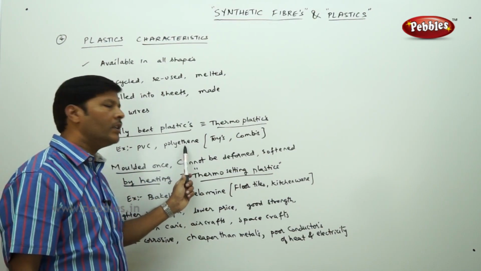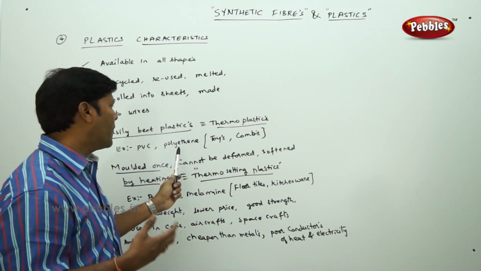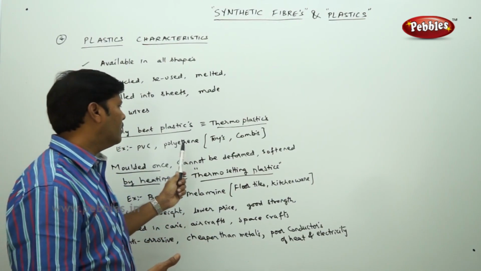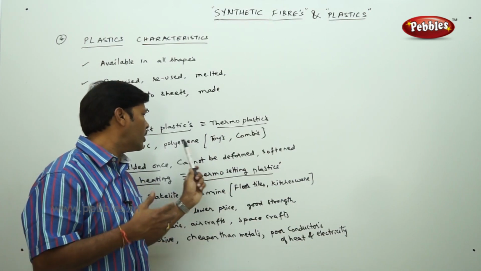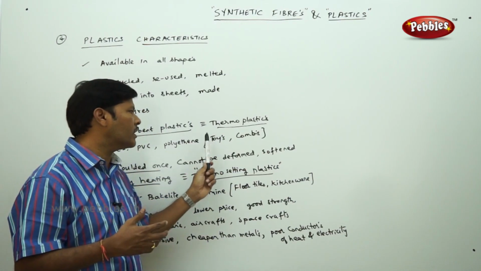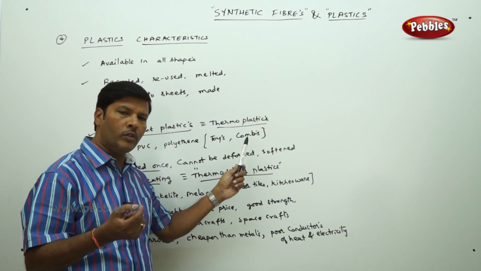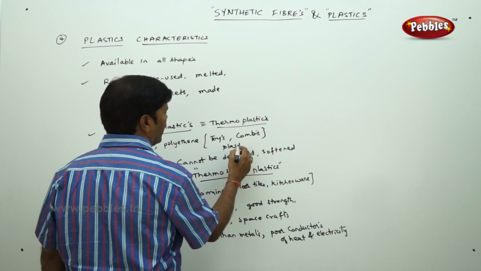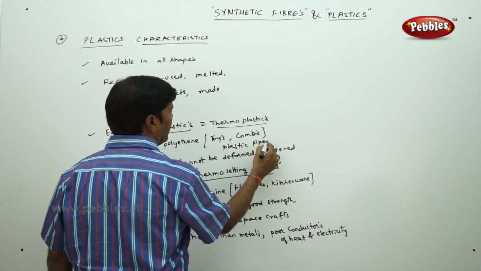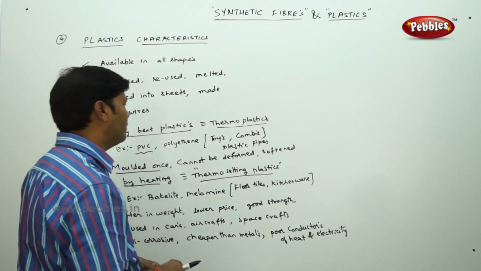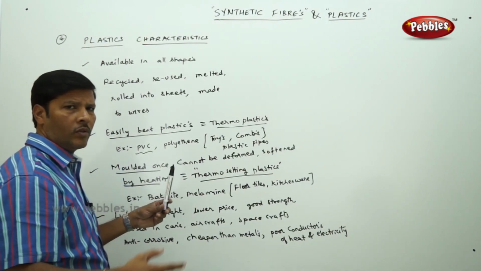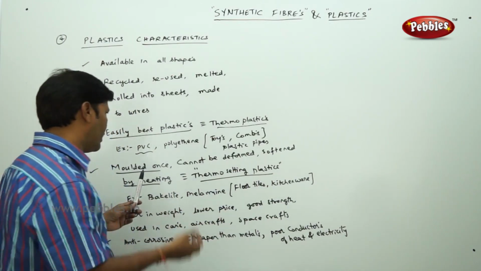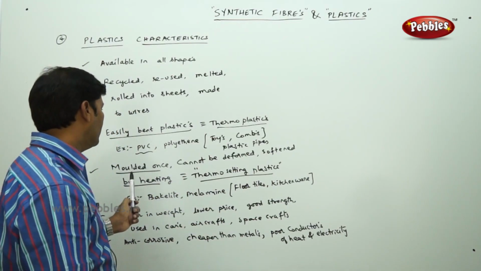And polythene, this polythene is very famous. It is used as a polythene cover, or polythene bags, or polythene sheets, or whatever. These polythenes or polyvinyl chlorides can be used as toys, combs, and they can also be used in the manufacture of plastic pipes, agricultural pipes also. PVCs are used for agricultural purposes, or various daily household needs also. We try to manufacture the plastic pipes, molded ones.